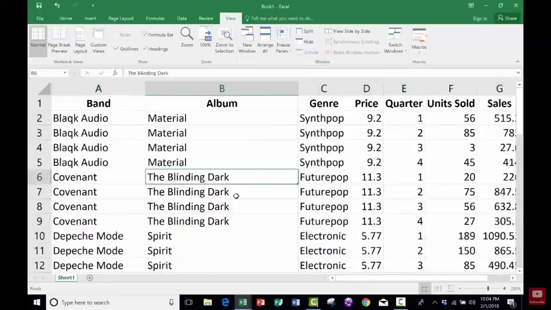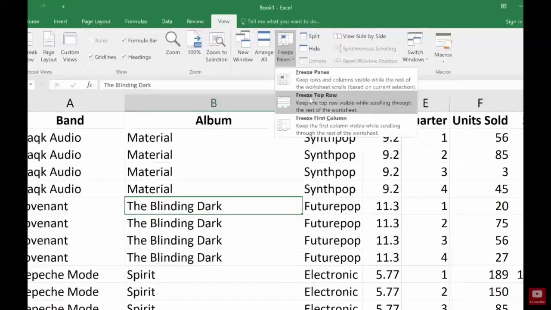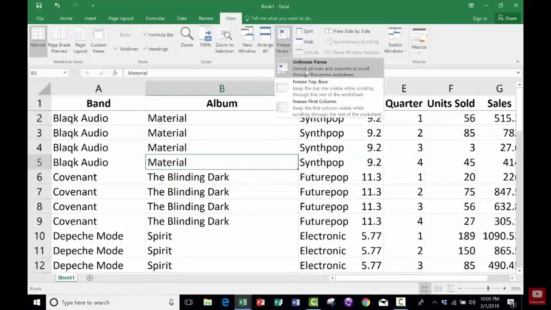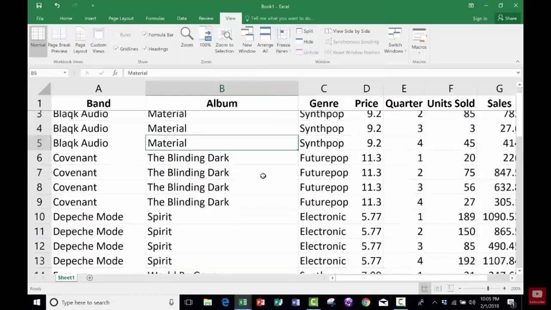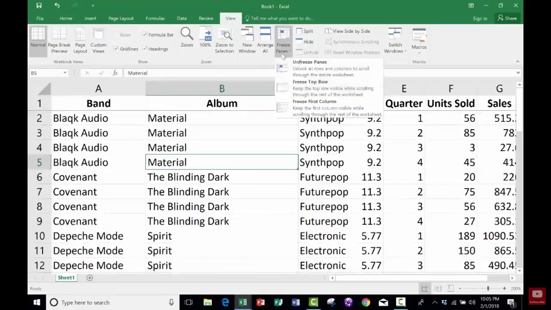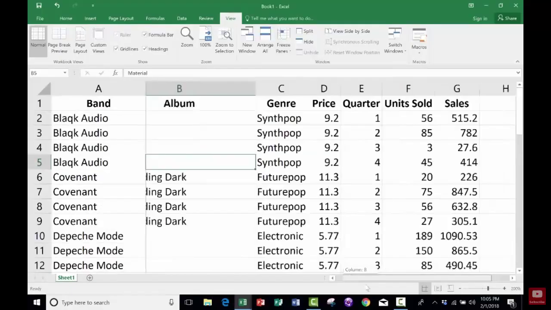The newer method is simply to not worry about what column you're in, what row you're in, or what cell is selected, but simply to go up here to Freeze Panes and choose Freeze Top Row. So this way you don't even have to worry about which row you should select or anything like that. You simply go up to Freeze Panes and choose Freeze Top Row. And it has the exact same effect as if you had done it the old-fashioned way. Notice that there is also an option to freeze the first column. If you choose that, then the column at the far left stays visible no matter how far to the right